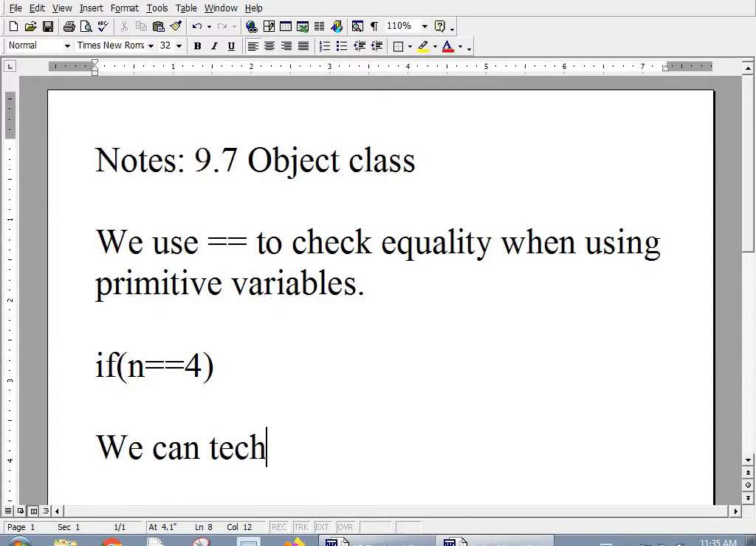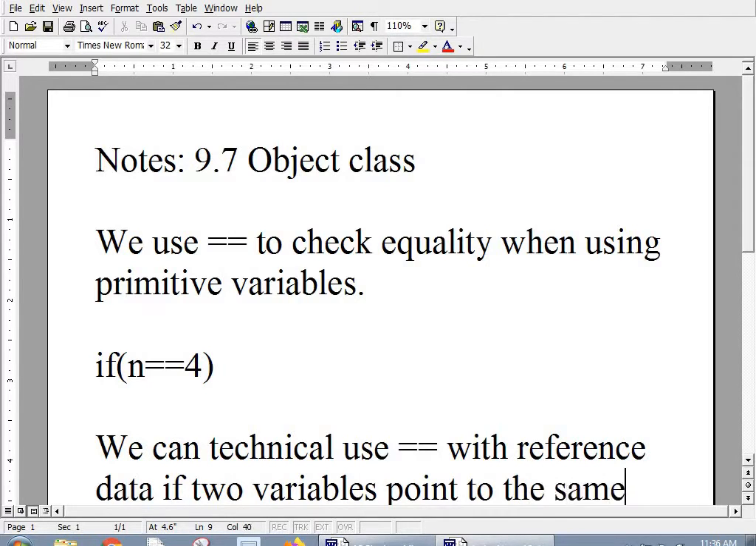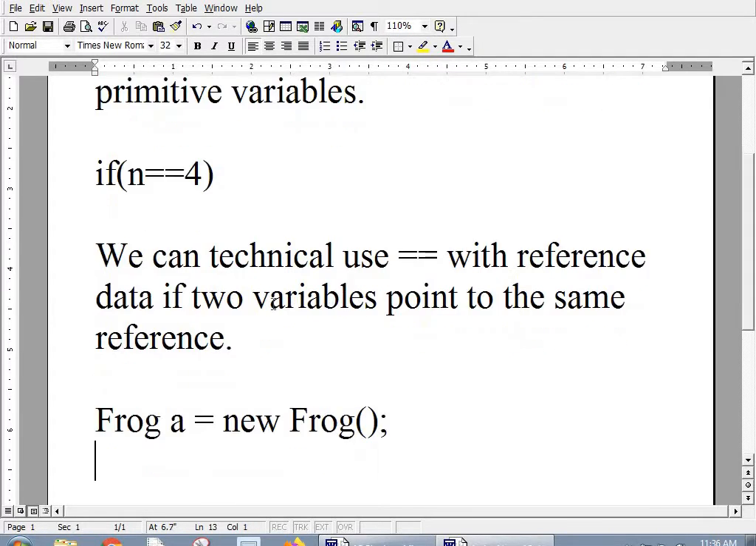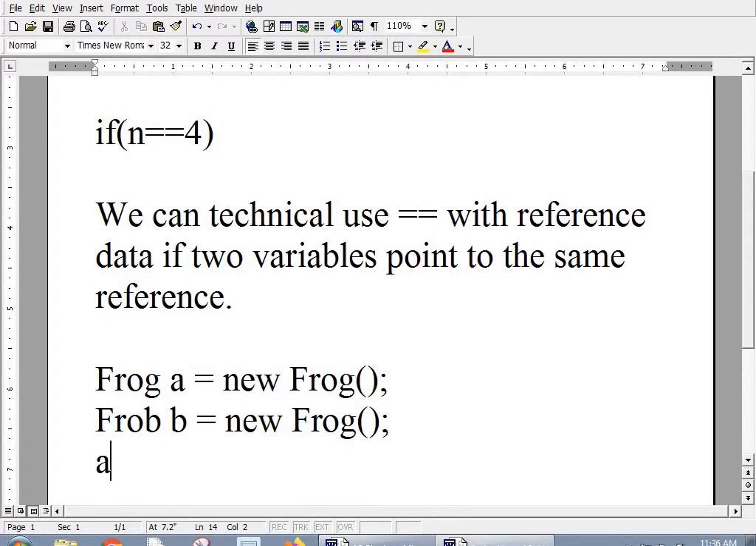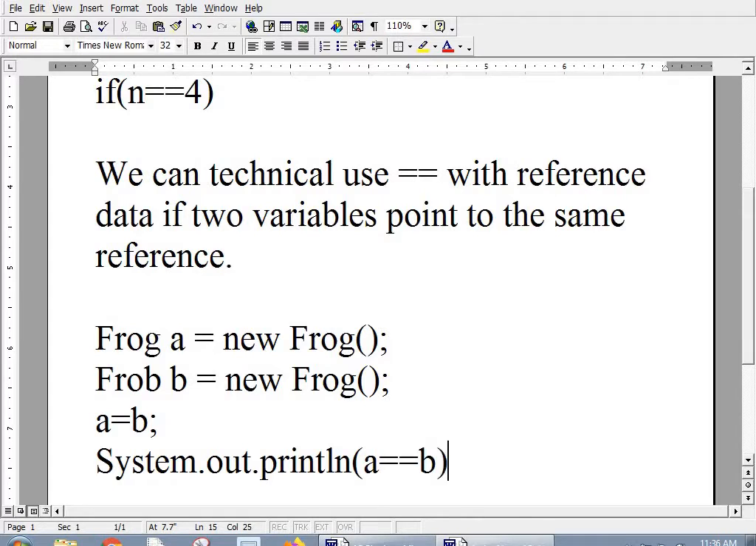We can technically use double equals with reference data if two variables point to the same reference. So I'll give you an example. Frog A equals new Frog. Frog B equals new Frog. So we've got two frogs. And then if we say A equals B on this line here, then if we said System.out.println(A == B),